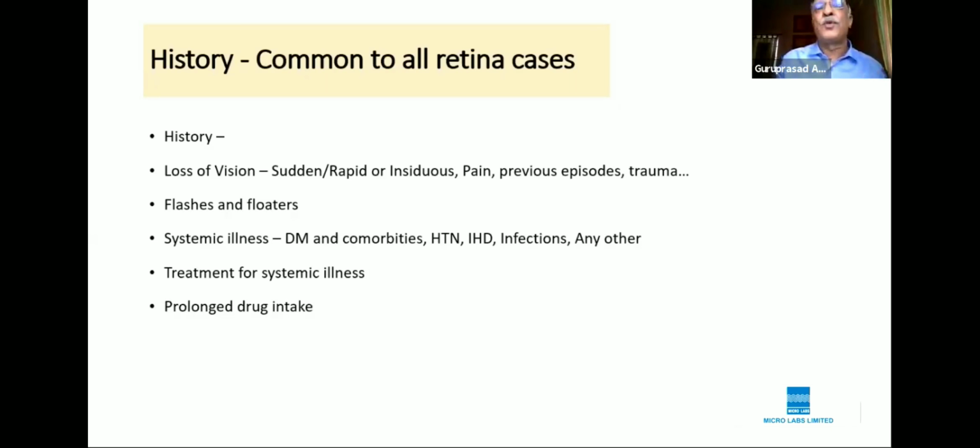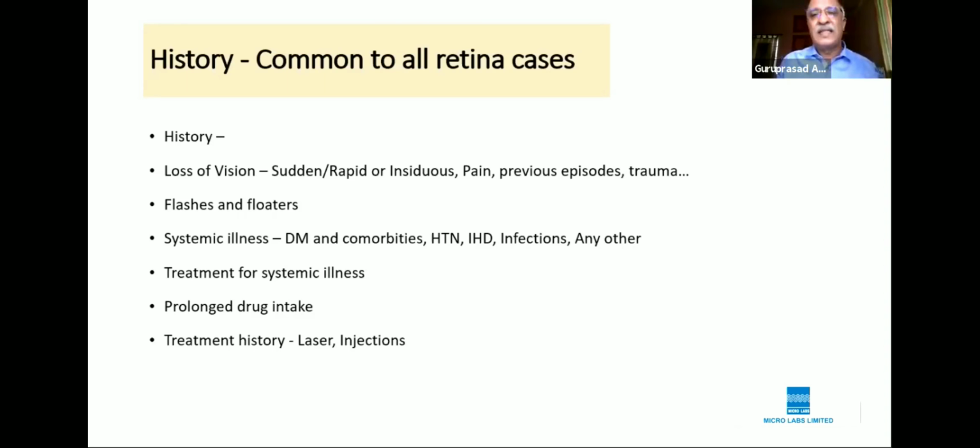Any history of prolonged drug intake, for example, chloroquine maculopathy. So just to give an example, a long-term use of chloroquine can result in maculopathy, and therefore a history of any drug intake over a period of time. For example, an anti-tuberculosis treatment for even 6 to 8 months can cause ethambutol toxicity in optic neuritis, causing loss of vision without any fundus changes. So you might sometimes wonder why the patient is not able to see. And one simple question of whether the patient has been taking any treatment for TB will settle the diagnosis.